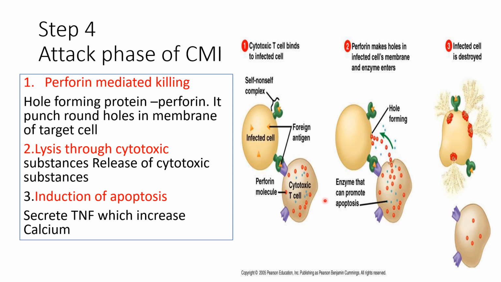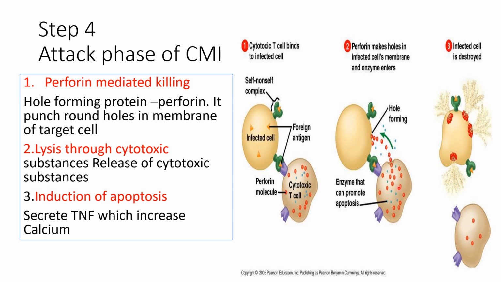Now these cytotoxic T cells bind with the antigen bearing cells or the target cell and destroy them by the following mechanisms. The first is perforin mediated killing, where the cytotoxic T cell, after binding with the target cell, secretes a hole forming protein which is known by the name of perforin. Here you can see, this causes the punching out of holes in the membranes, and in the presence of extracellular calcium, the pore so formed causes cell death by disrupting the cell homeostasis and then osmosis, leading to a fragile cell which is then ruptured.